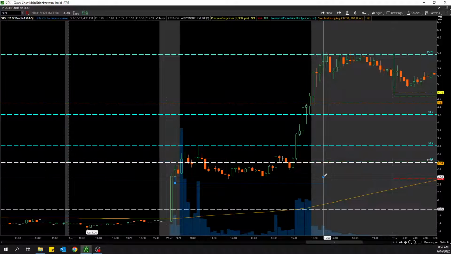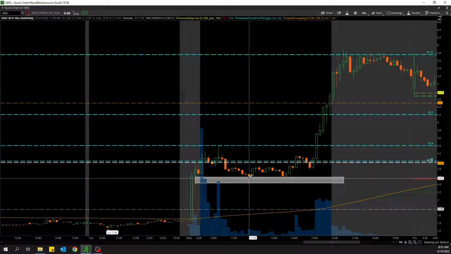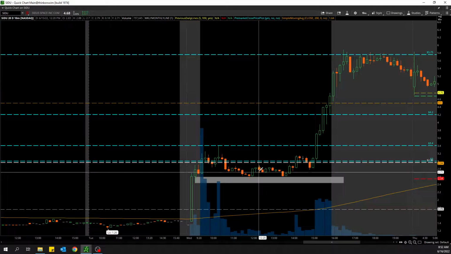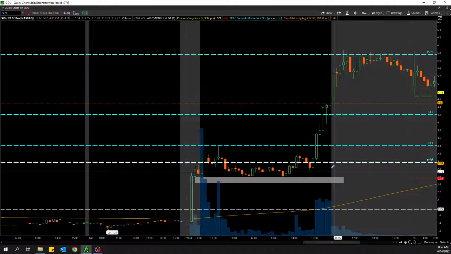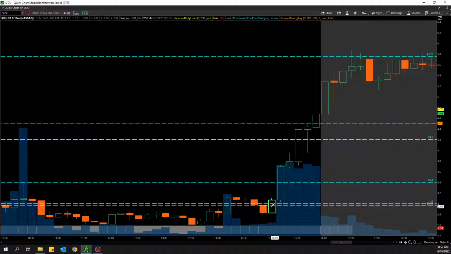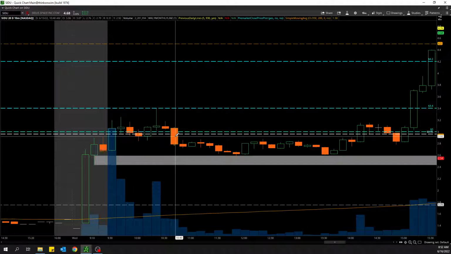So if you look at this just like that, you can see that the stock pulled back, returned to the demand zone, bounced off of it, and then continued on. So the move was actually here. So 296 wouldn't have been a bad move here, but my timing was off because I didn't pay attention to